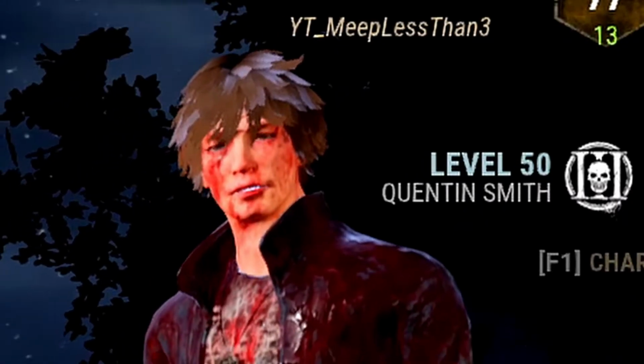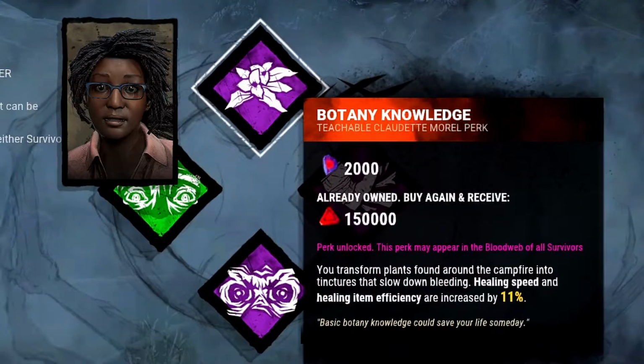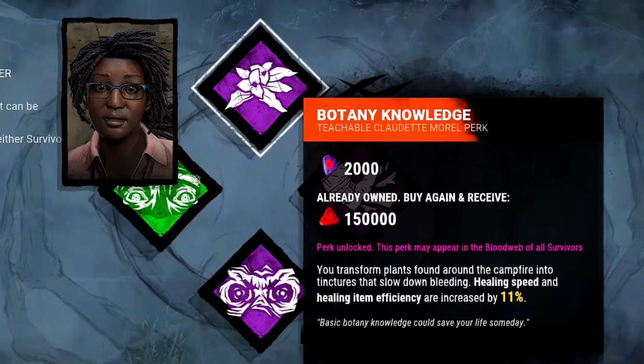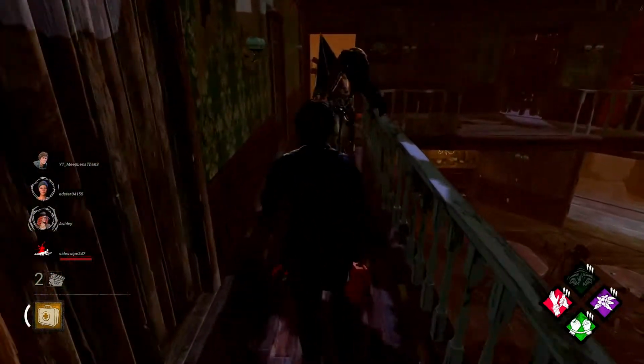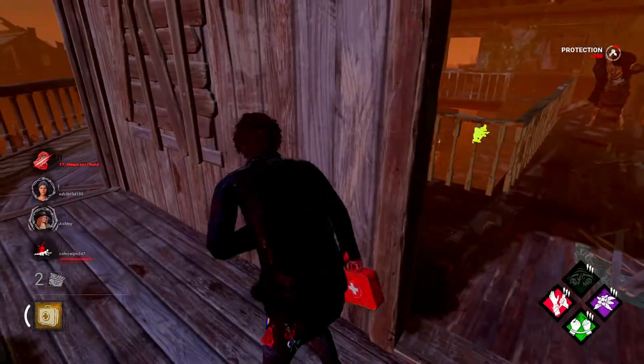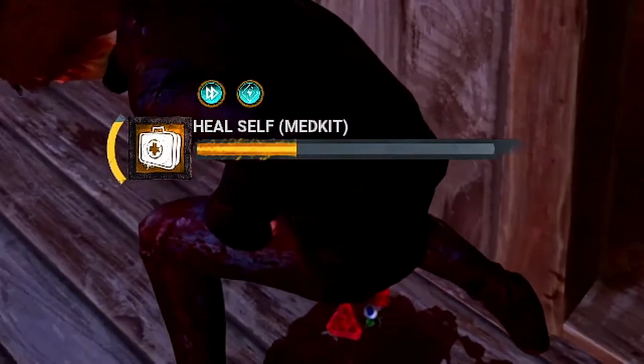We go over the perks found on the Shrine of Secrets every week and show them off with various gameplay. This week for survivors, we have a Claudette teachable perk, Botany Knowledge. This perk has the flat buff of increasing your healing speeds by 33% and increases your healing item efficiency by 33% as well. This is a simple and straightforward healing perk, and unlike other healing perks, it has no activation